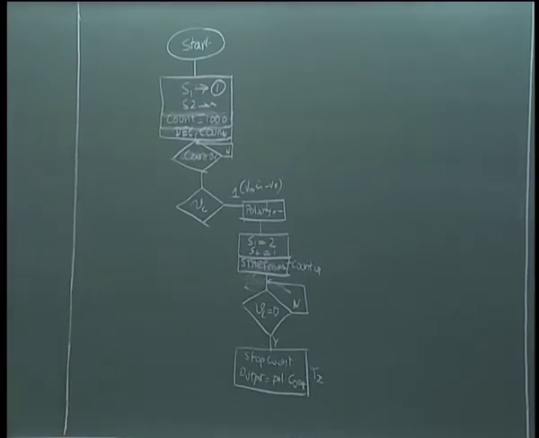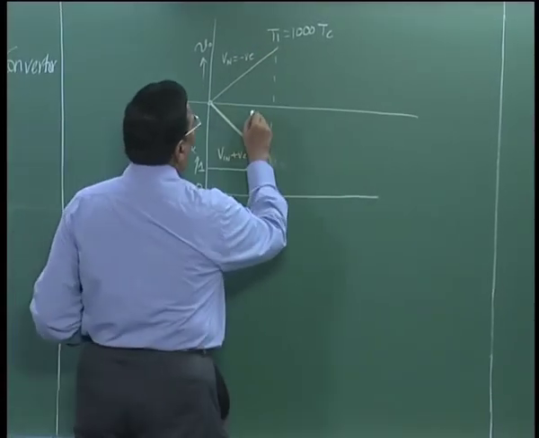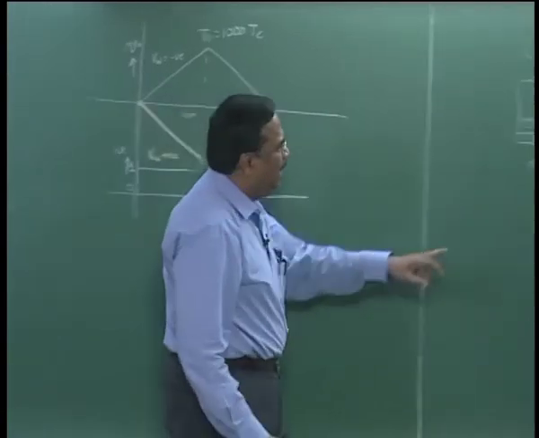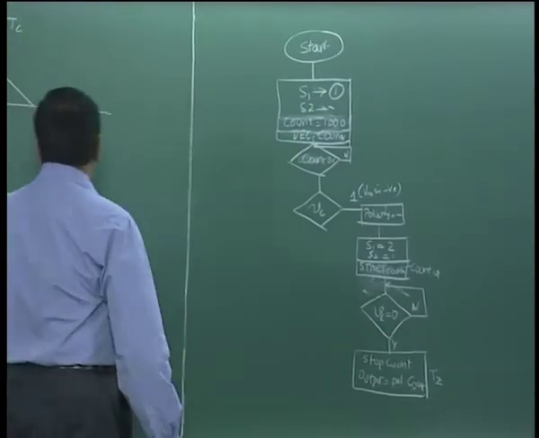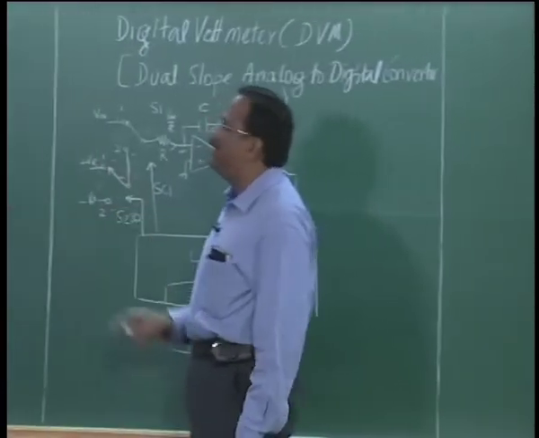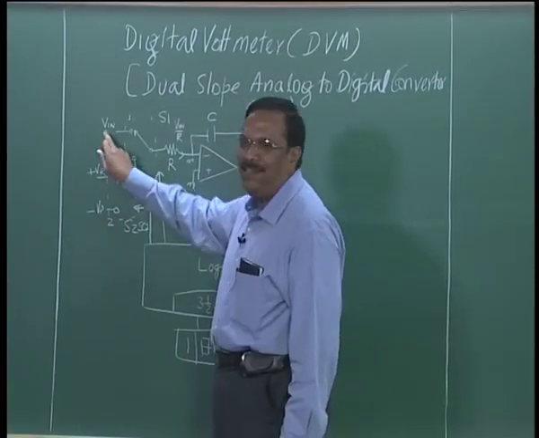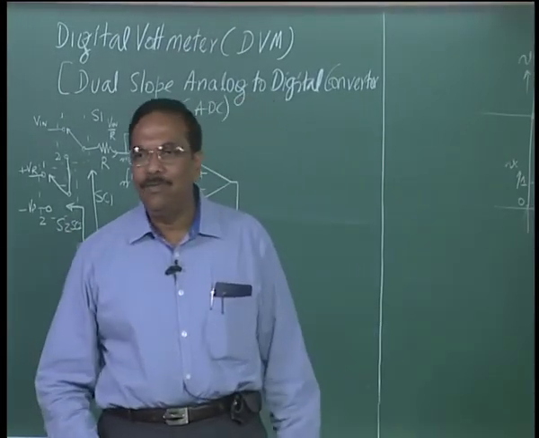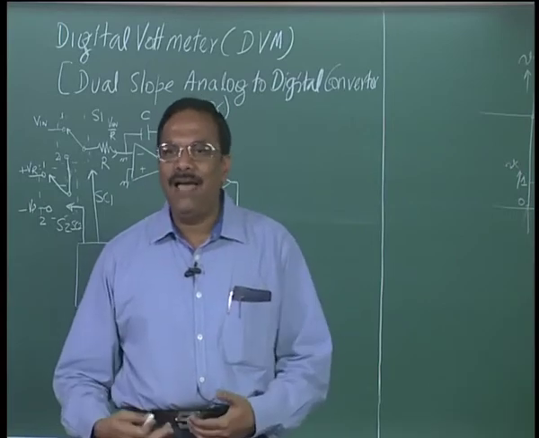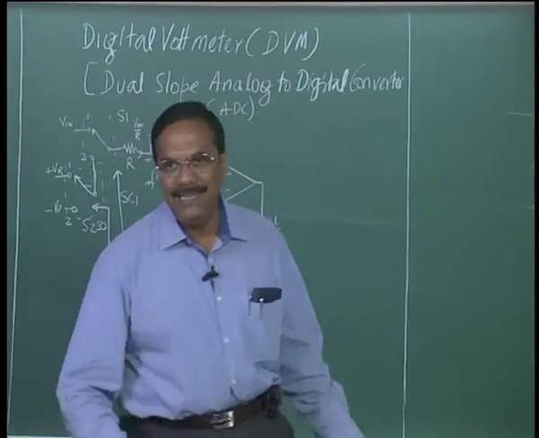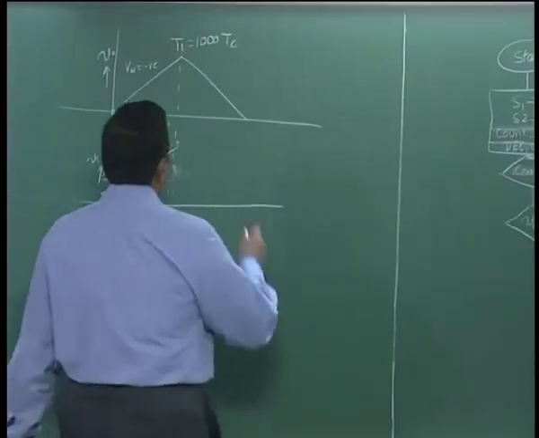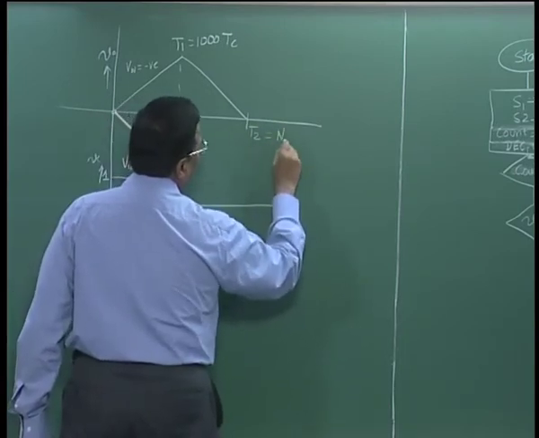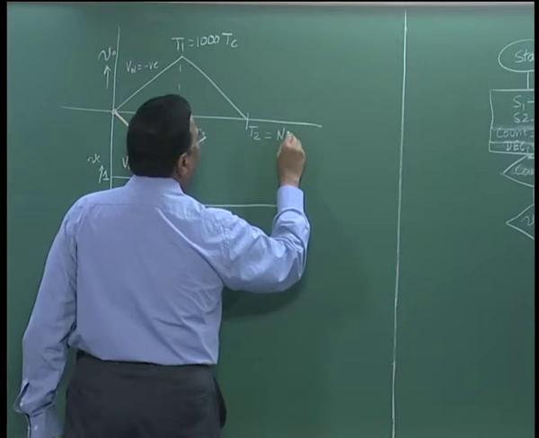So, at this point we again start the count equal to 0, and then because the input is negative, I am applying position 2, position 2 is plus VR here. So, earlier I had minus V in, now plus VR. Whatever current I had flowing through the capacitor, the plus VR will have opposite current, which means the capacitor will be discharged, right. So, at the end we have T2, that would be, let us say, count n into clock